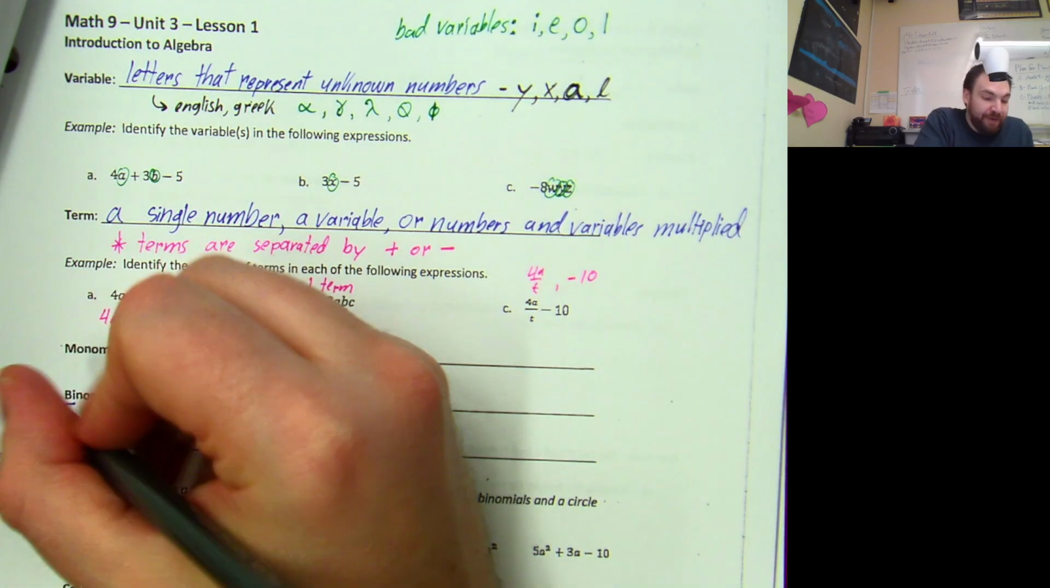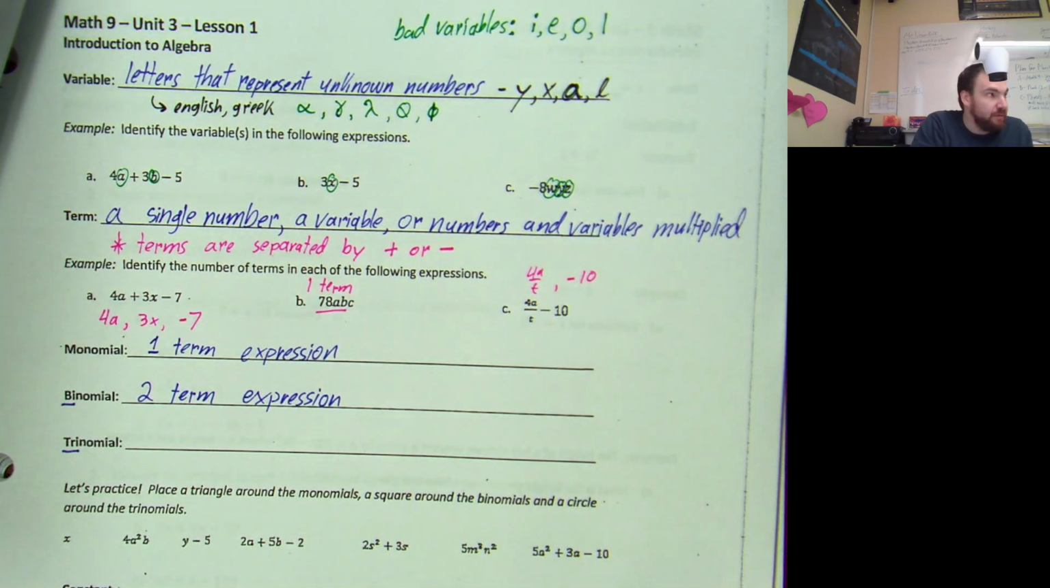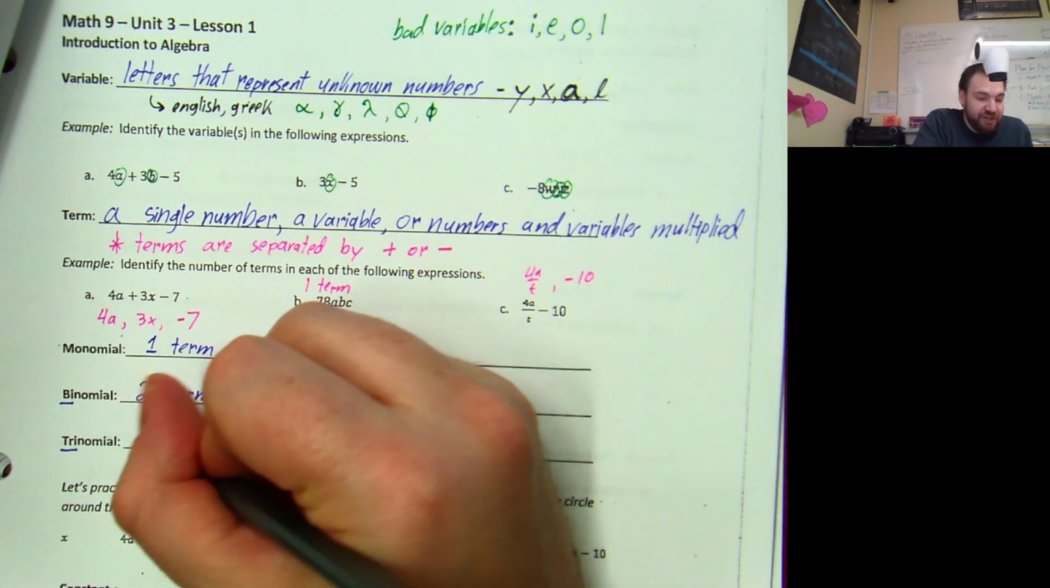And then a trinomial is going to be a three-termed expression